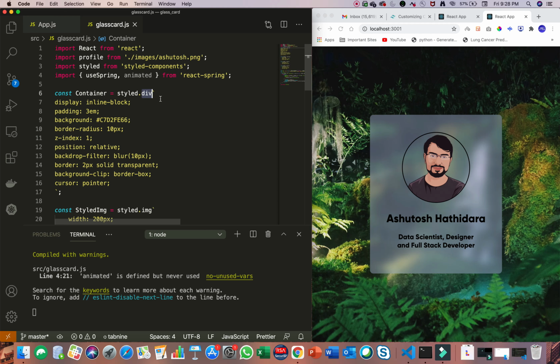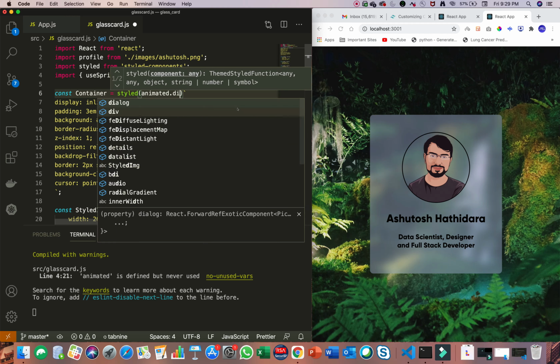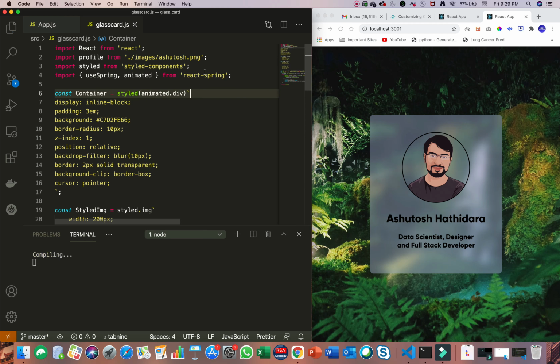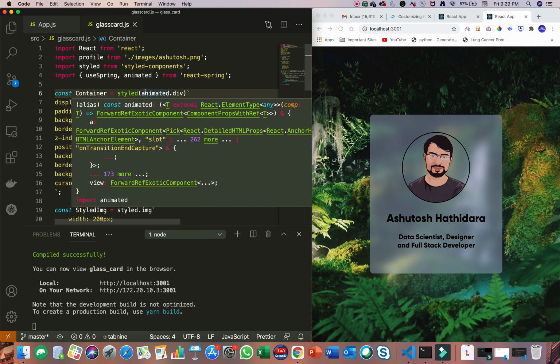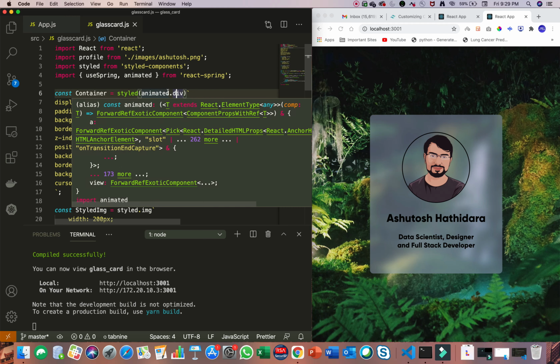So how to format div with React Spring? That is where animated comes into picture. We need to include styled with animated.div. If you want to animate div using React Spring, instead of div, just use animated div, and your work is done.